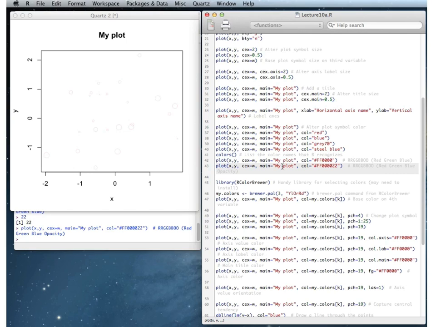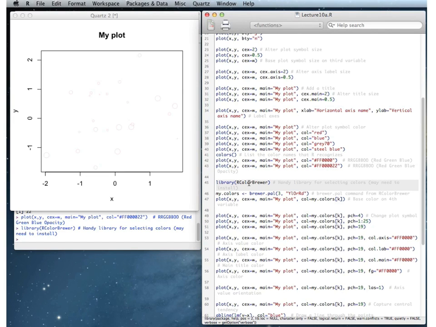different levels of opacity. So here you see a fairly washed out version of red, which we've made not very opaque, that is mostly transparent through use of the 7th and 8th digits. So there are a lot of ways to specify color in R. That does not solve the problem of making your colors look good, and that's what the R Color Brewer library